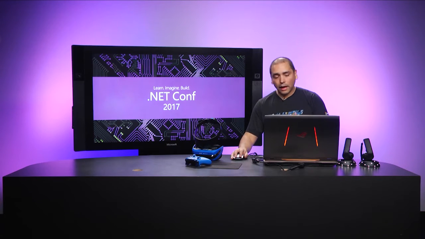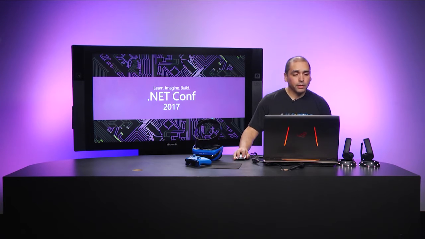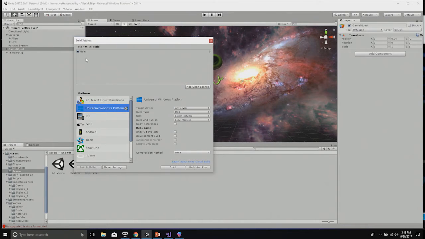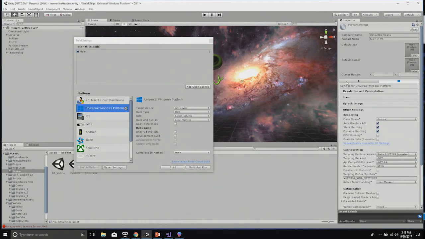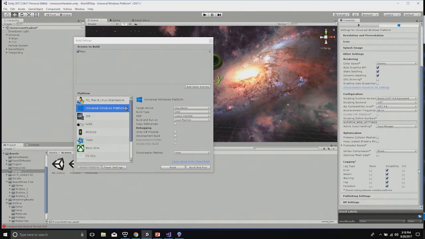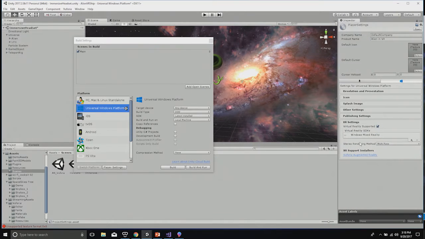How do we target a universal app? How do we create a universal app? It's very simple. I can come back here, and from within Unity, in my build settings, I set it to be a universal app. And then in my player settings, I can configure it to be, in this case, a mixed reality application. So in extra settings, I can just say virtual reality SDK supported, and I clicked it. And in this case it's Windows Mixed Reality, and I left all the other defaults. Actually, the one thing that I changed here also is I changed it to be C#,